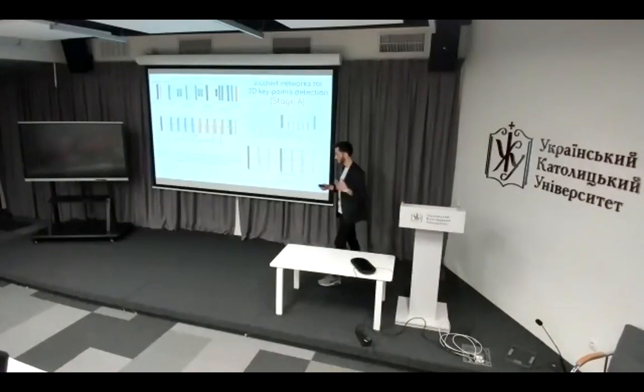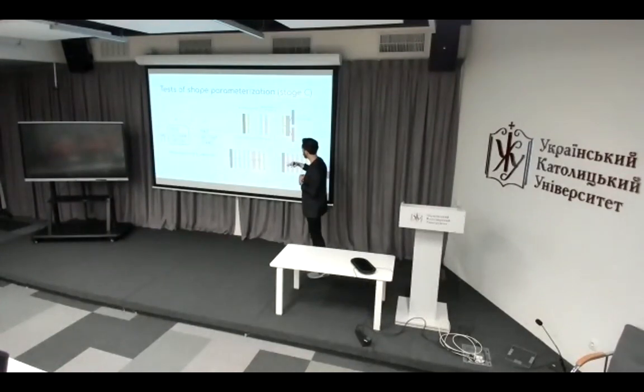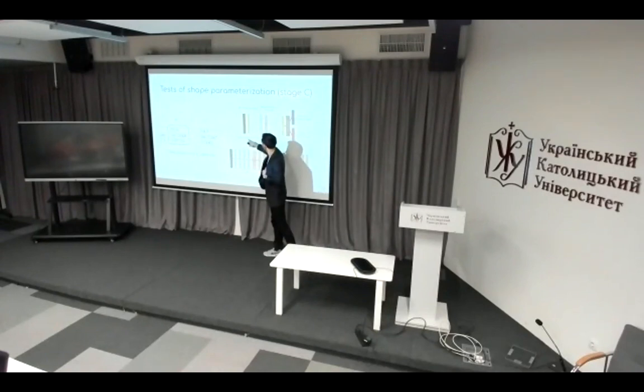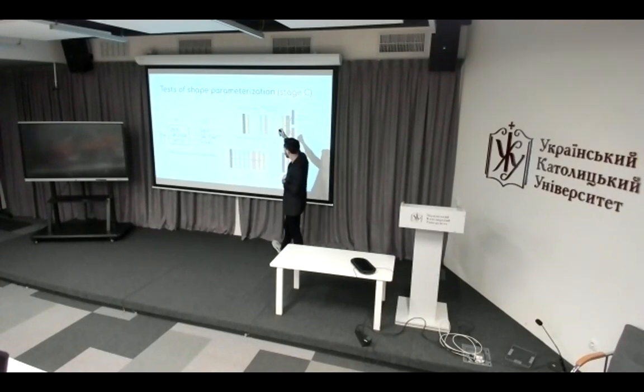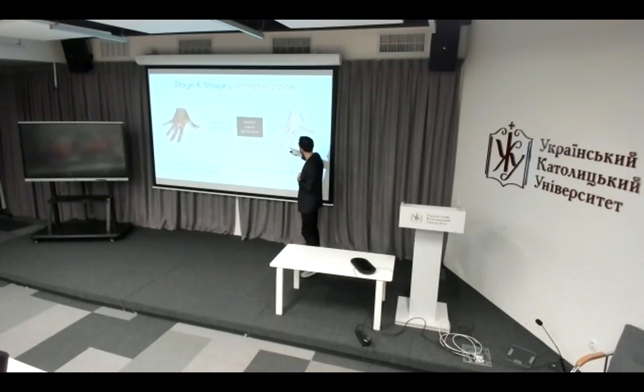We experimented with losses a lot in the task of shape parameterization because it was really difficult to find those parameters. So in this stage we have those 3D points, and then we somehow try to translate them to a vector of parameters, and we used loss of k points here. We tried both loss only by vector and loss by final shape prediction, and we tried different approaches of training such systems, but in the end we found that